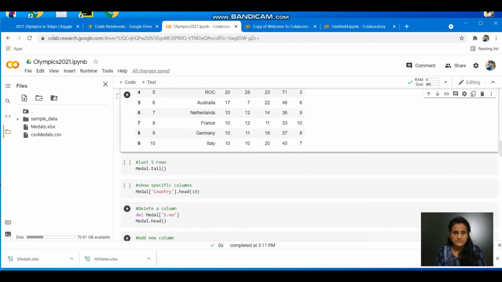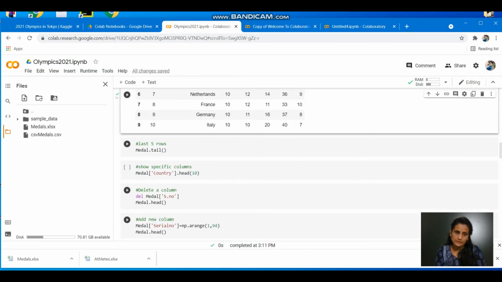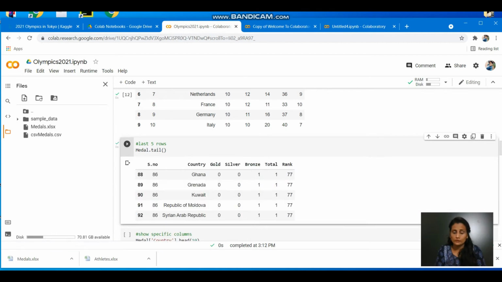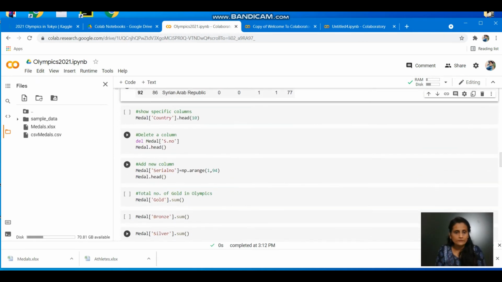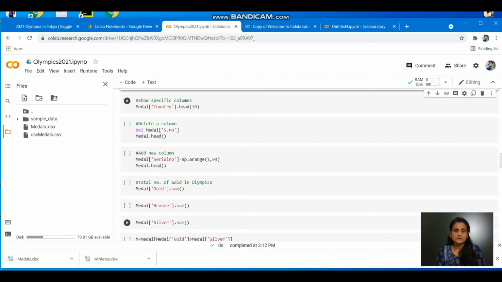Okay, first 10. Now similarly, as I'm telling you, you can use tail, and if you don't provide any number, this is going to give you only 5 values. So these are the last ones. Now next, on a data frame when you are using head, it is giving you all the columns, but if you provide the name of a column, then what we are actually learning here is how to get a specific column on the screen, how to access the column values. In brackets, the label of the column.